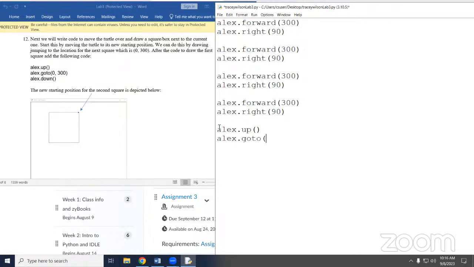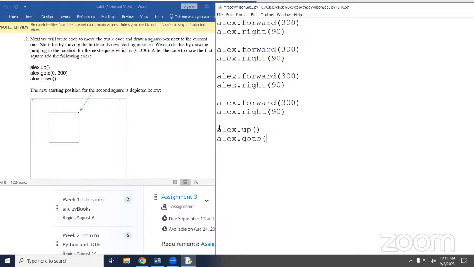And we're going to move him over 300 pixels to the right, if you're looking at it, and then draw another box. So where do I need to position my turtle if you're thinking about your grid system?